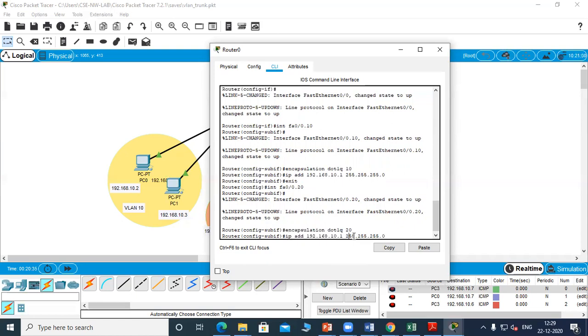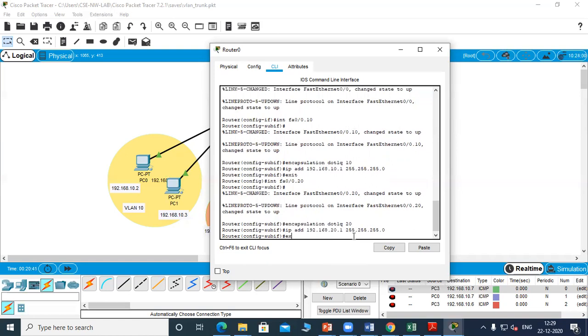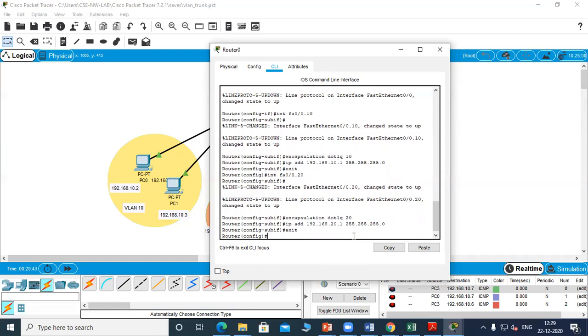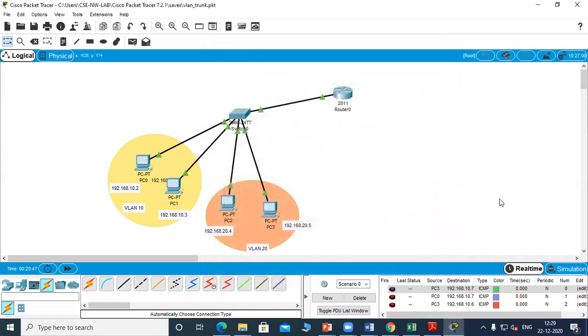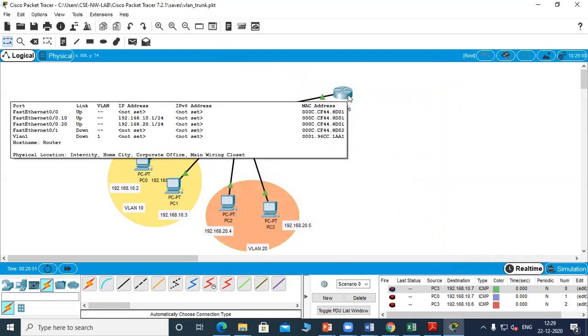So this is 20 network, so we'll make it as 20.1. Exit. So we have created two interfaces now. Now bring your cursor onto this router. You can see that two sub interfaces are created and even the IP address has been assigned.